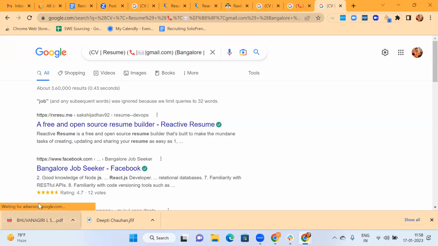And the beauty of Google is the more you search, the more relevant results it keeps showing you. But you'll have to keep on searching.